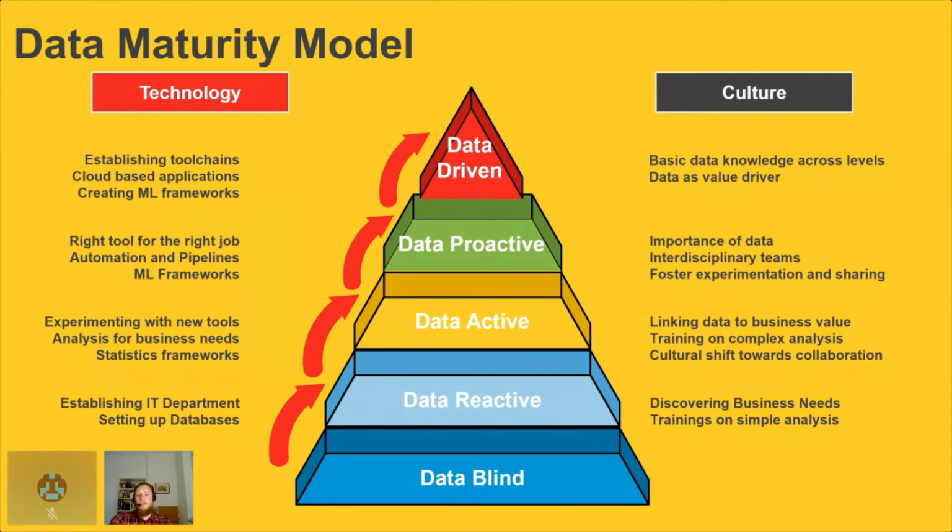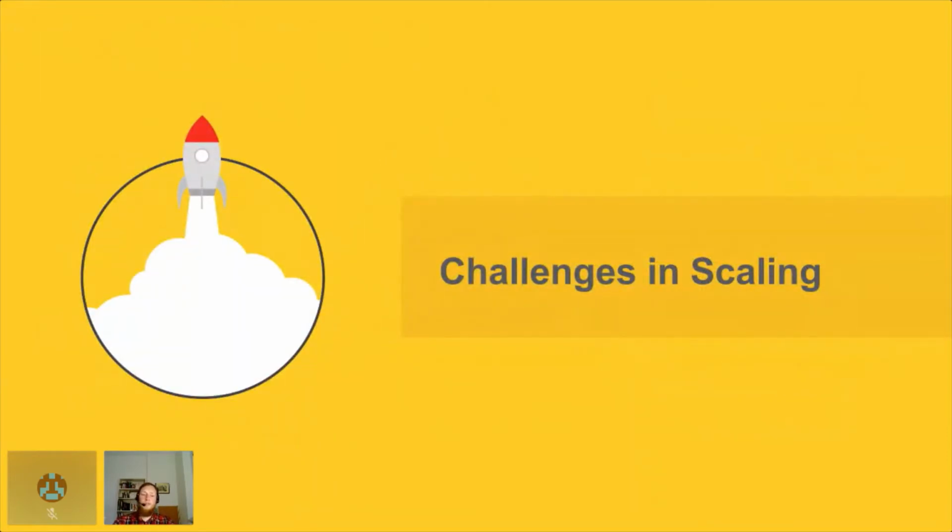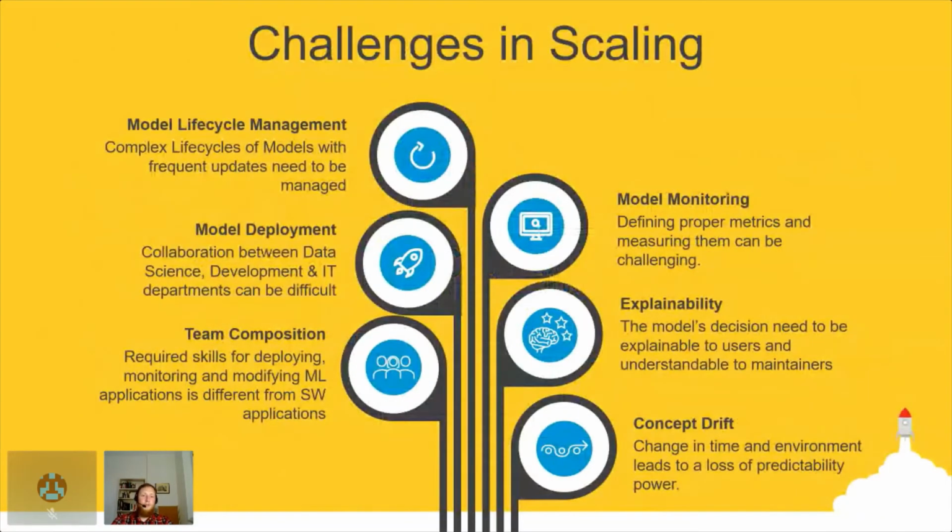So having crossed this data maturity model, having a broad idea how organizations deal with data overall and how they organize themselves also from a technology standpoint, what exactly are the challenges that arise in machine learning, and how do they fit to this kind of data maturity model? I have identified 6 challenges. This is not a complete list, this is just the 6 most prominent ones, I think, that occurred to me over time. And the first one I want to talk about is